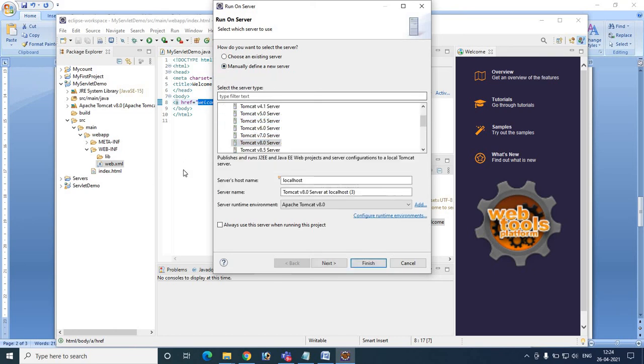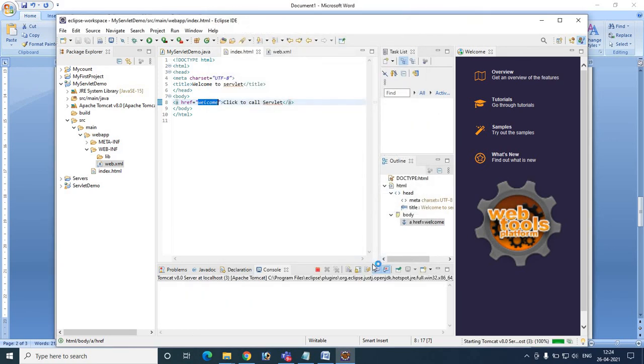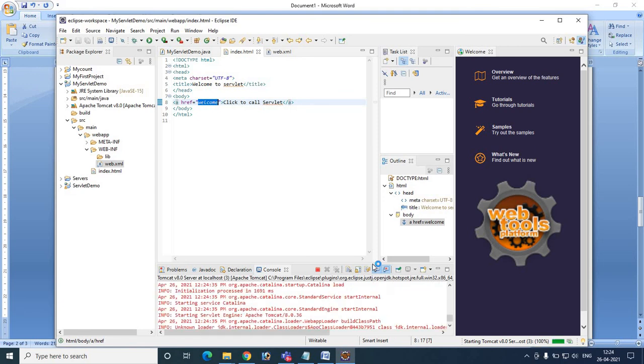So let us manually define the server. Let us choose the server Tomcat v8.0. Sometimes the existing server will be in the running state. It won't create the problem. If the servers are stopped, we have to manually define the server. That's we can perform that also. Let us give finish. Now the server is running.